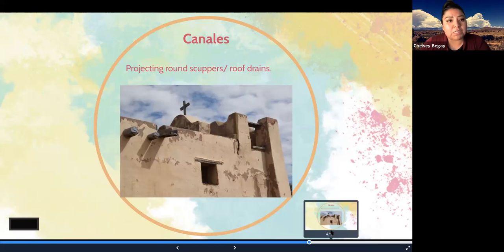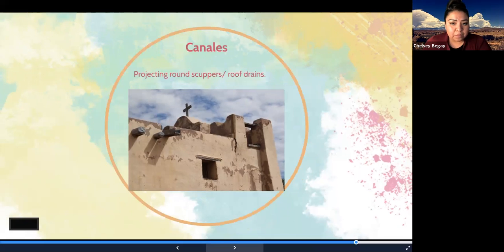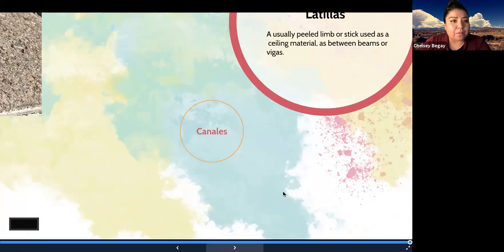In the Zuni Mission, those worked and didn't work, which is how moisture got trapped inside of the structure and started to deteriorate that adobe. So that is the end of that example.